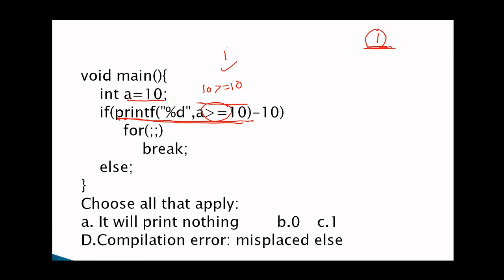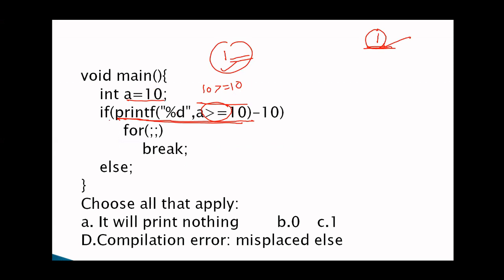Now the question is, what does printf return? Observe, 1 is printed on the screen, not in place of the printf statement. We already know printf returns the number of characters it prints. How many characters does it print? Observe carefully. Here I am specifying not the value 1. It prints only one variable.